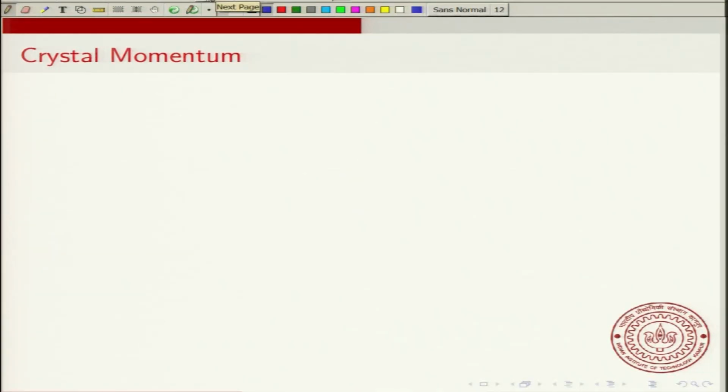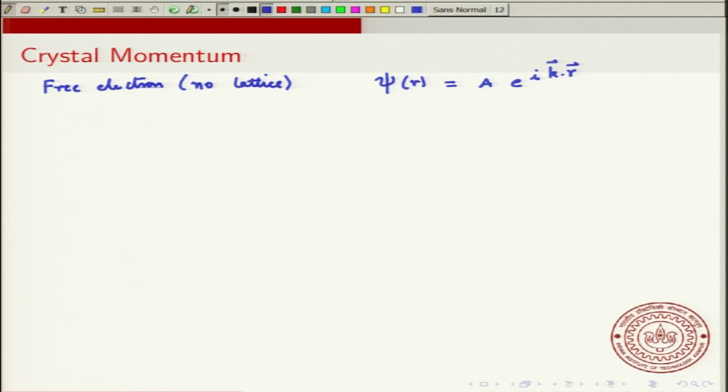Next, I will come to the concept of crystal momentum. Now, if you take a free electron without a lattice, this is no lattice, the wave function is given by some constant times e to the i k dot r, and if you calculate the momentum,